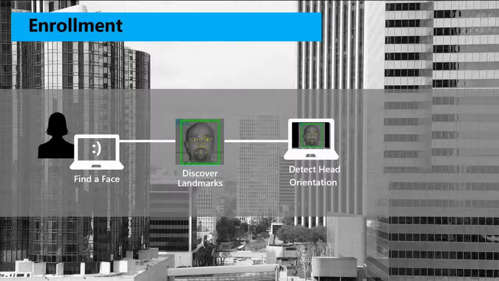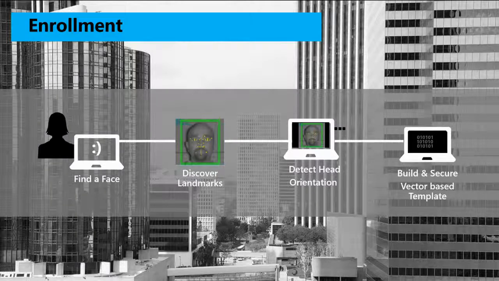However, if you're not moving your head too much, I think 15, 20 degrees, we can absolutely easily recognize you. But if you're looking to another side, definitely looking sideways, you don't want the camera to start authenticating you. And after that, we will build a vectorized representation of those landmark points that we actually found